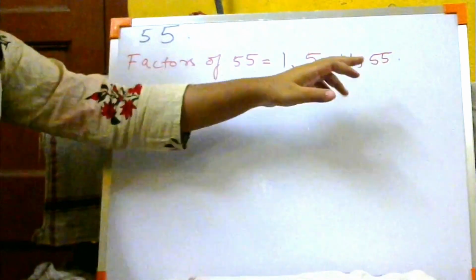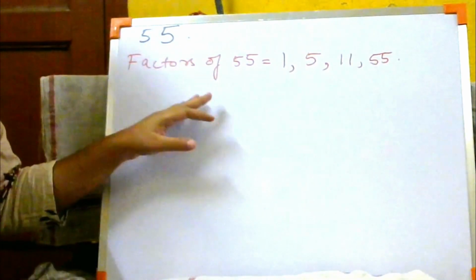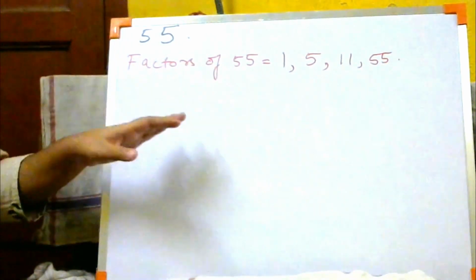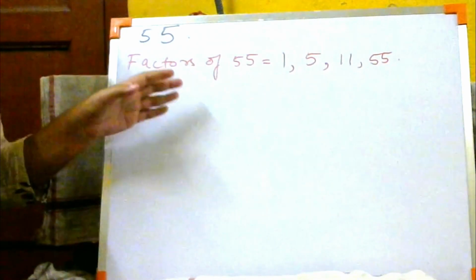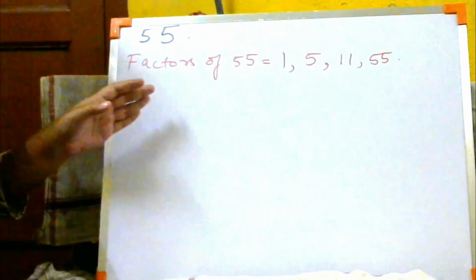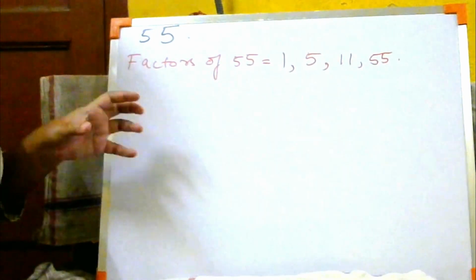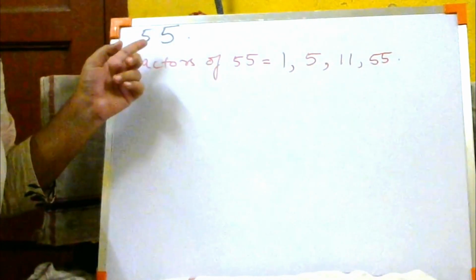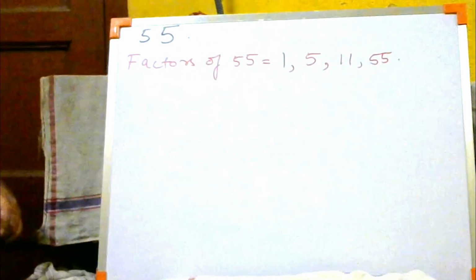Or you can also say we can divide 55 by all these numbers. It is going to give us only one constant number. There will be no points or decimals or fractions over here. So these are the factors of 55. So if the question comes, write the factors of 55 or write the factors of 15 or write the factors of 24, only factors means you have to write all those numbers which divide the number. Clear? Now let us go to the next sum, next type rather.